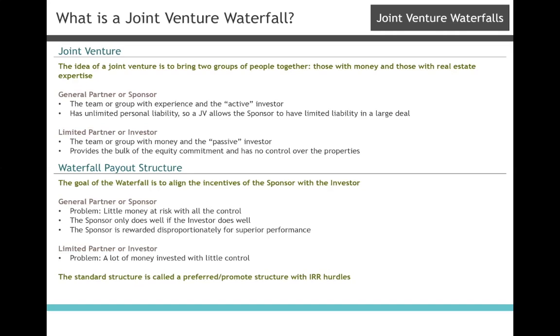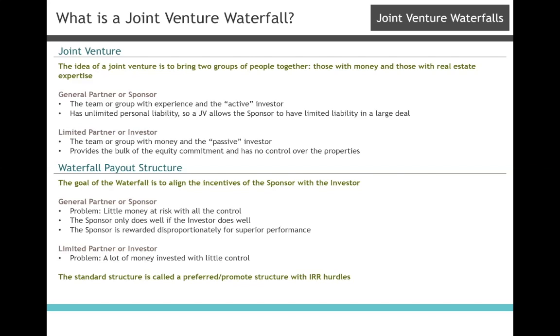The waterfall payout structure aligns incentives of the sponsor and the investor. For the general partner, the problem is that they've got little money invested with all the control, and just the opposite, the limited partner has a lot of money invested with little control. So the payout scheme incentivizes the general partner to perform well by allowing it to only do well if the